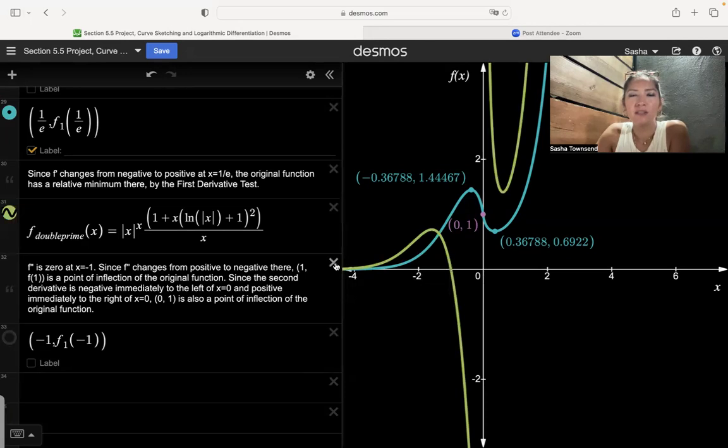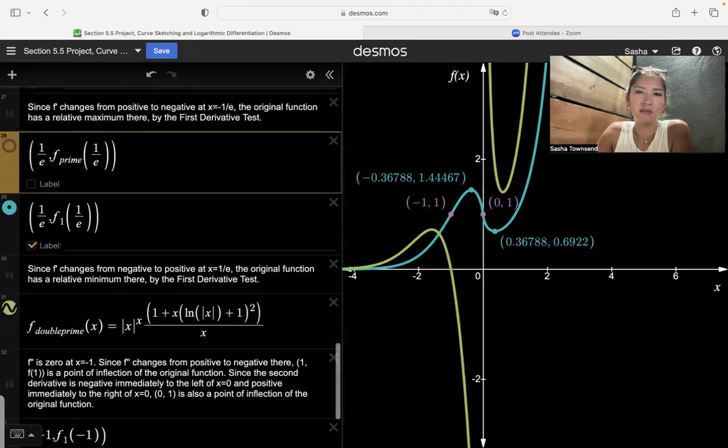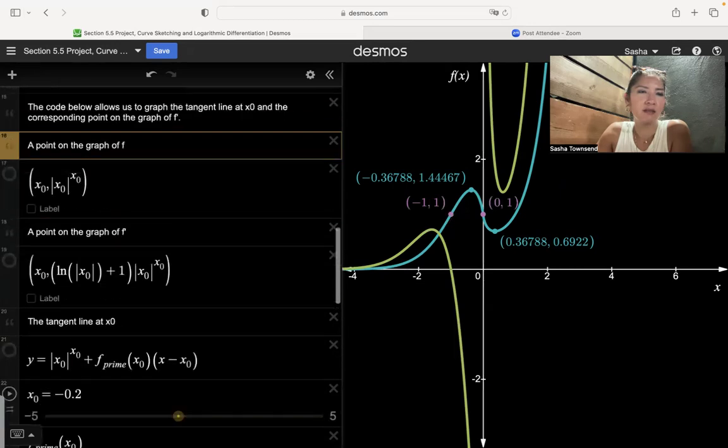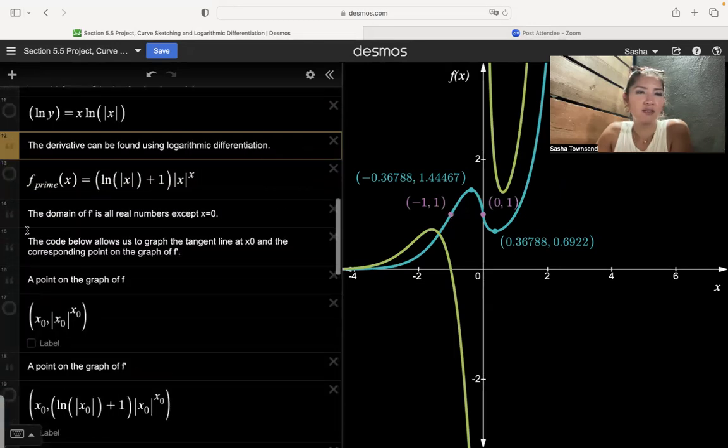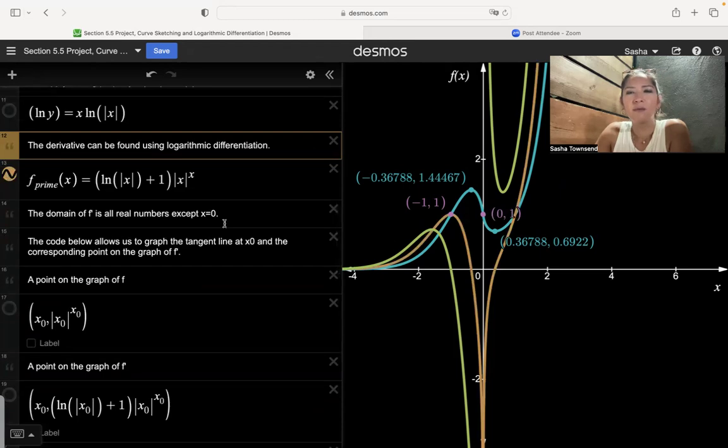So how do you know? Well, when the second derivative is positive, that's when the graph is concave upward. When the second derivative is negative, the graph is concave downward. So let's plot that point at -1, f of -1. So that is a point of inflection. So the purple points are points of inflection. Those two teal points are our relative extrema. And one thing I want you to notice is that the points of inflection correspond to relative extrema of the derivative,